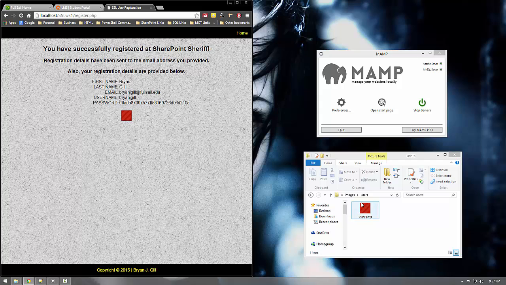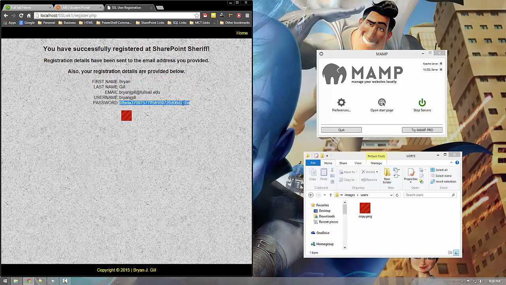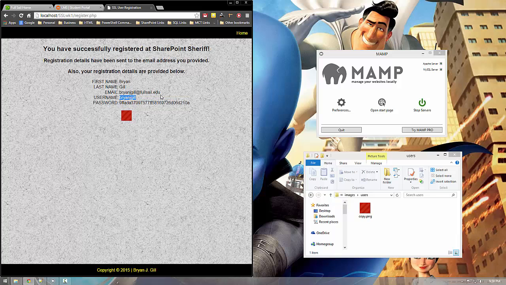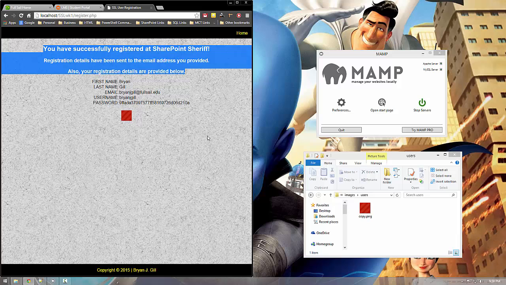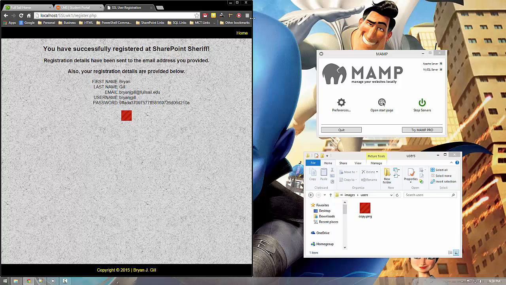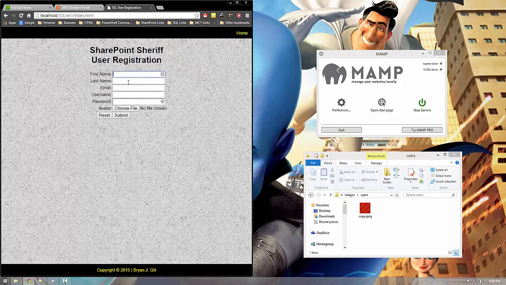And here it is. And there's the copy of it. And it gives me the first name, last name, email, username, password, the hash, MD5 hash, all the information that was there, and it does give me all this. I put a little nice home button up here in the navigation, little footer down here. But if we were to go back and do